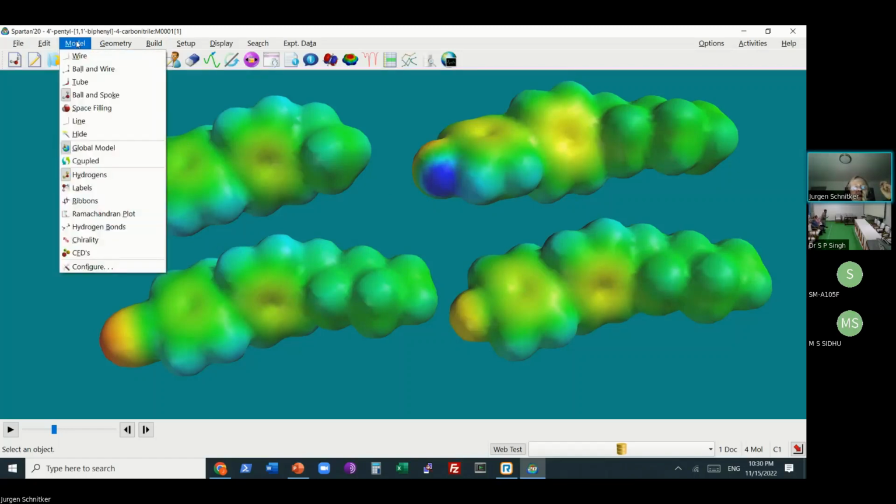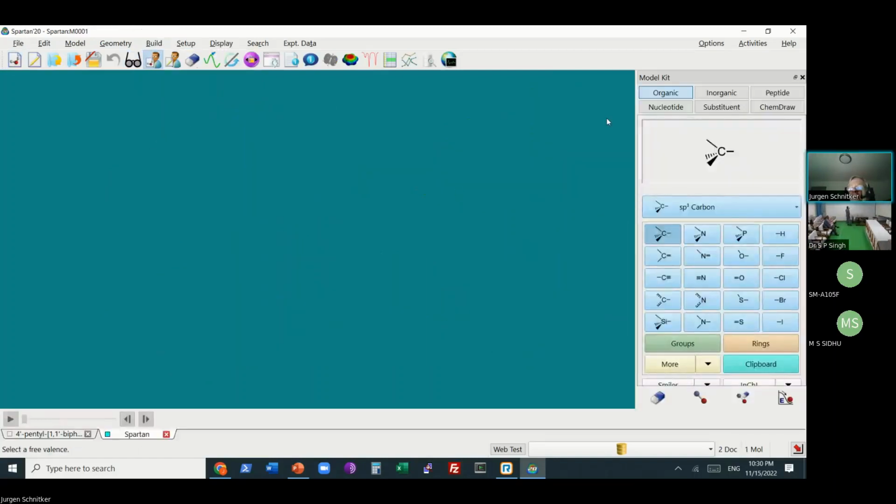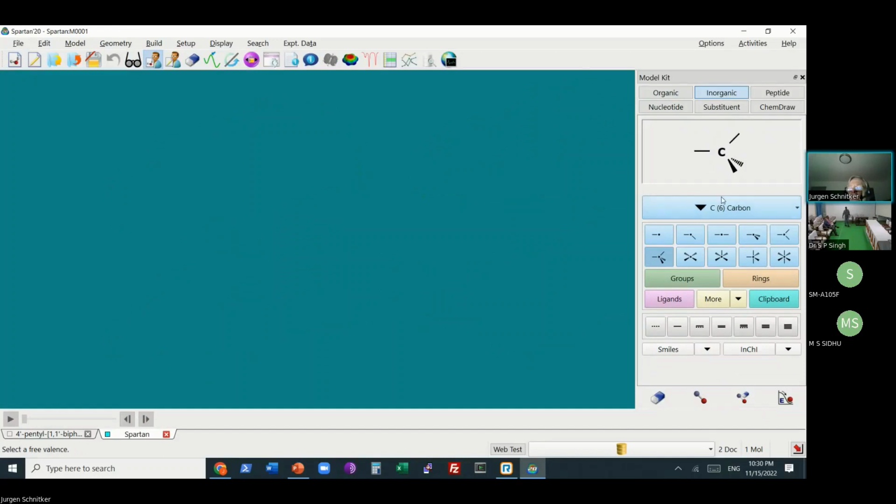Inorganic chemistry is sort of building. This is still an organic molecule, this liquid crystal. But if you want to really venture out to true inorganic chemistry, that's not easily done by selecting the inorganic panel.